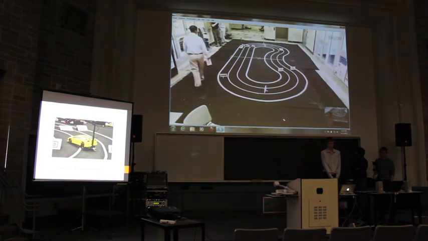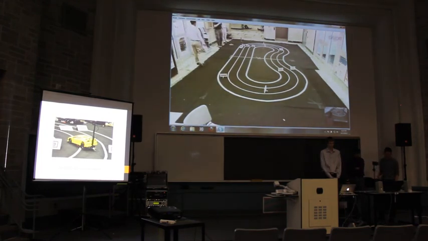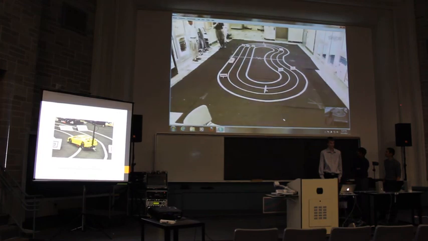In this case, we're again starting the car off in the outer lane. And again, we're starting blind, so it doesn't know exactly where it is on the track and figures it out as it goes along. So we approach this first obstacle,